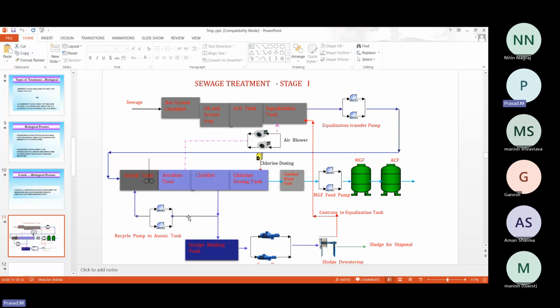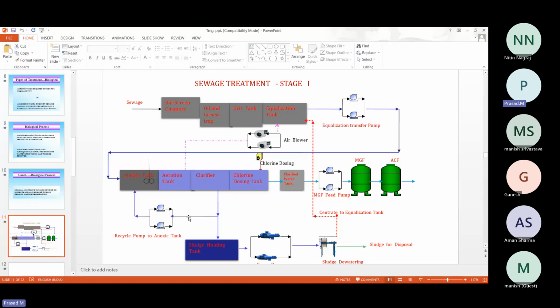So now, a clarifier is nothing but a vessel. You can say that a tube settler is nothing but a clarifier, or primary clarifier, secondary clarifier, or settling tank. These are all clarifiers. In the clarifier we settle the sludge, and the overflow water, the supernatant, that clear water will go for chlorine disinfection, and then we collect it in the clarified water tank. So the biological treatment is finished. This is primary treatment finished, secondary treatment finished, and then from the clarified water collection tank,